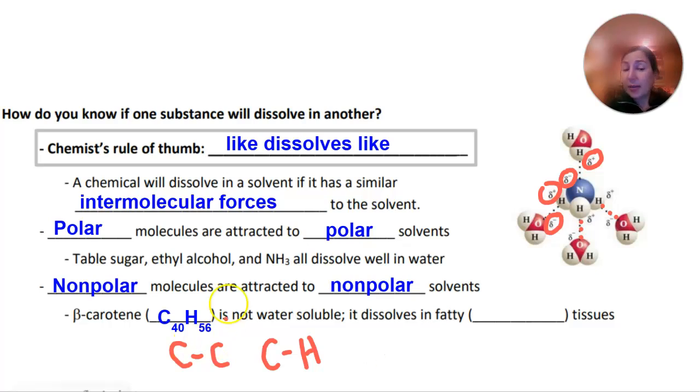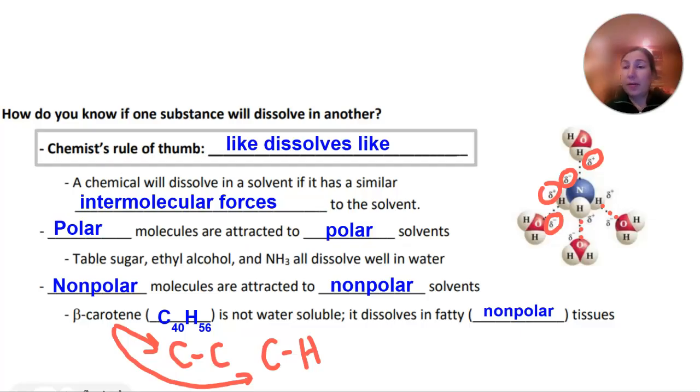And they're not going to be very water soluble at all. Water is really polar, and since beta carotene only has nonpolar bonds, it won't be water soluble. It doesn't have any partial positives or partial negatives to line up with water and help it dissolve in water. So it's only going to be soluble in fatty nonpolar tissue, for example. That's what we would refer to as a fat-soluble vitamin because it doesn't have any polar groups,